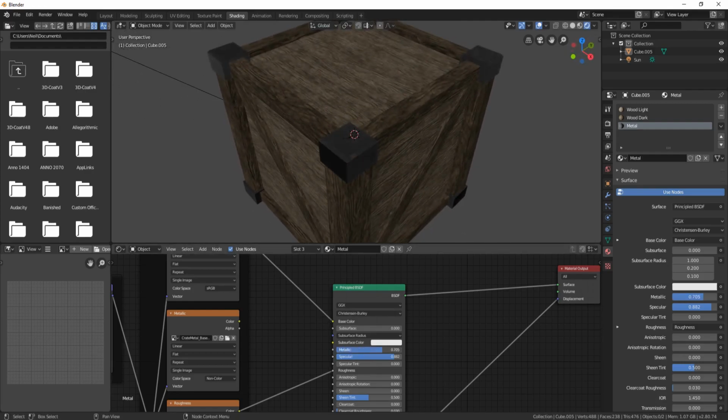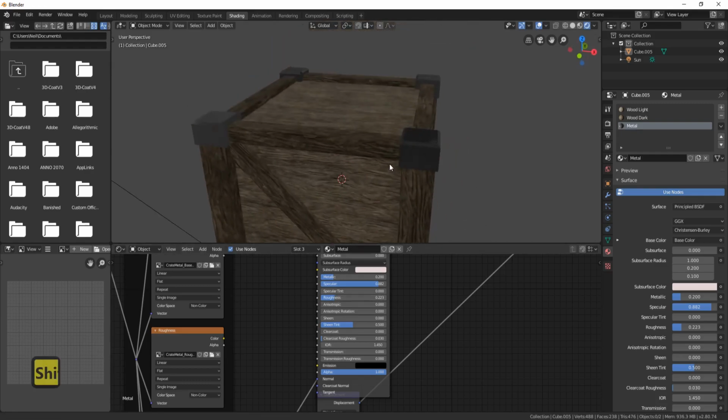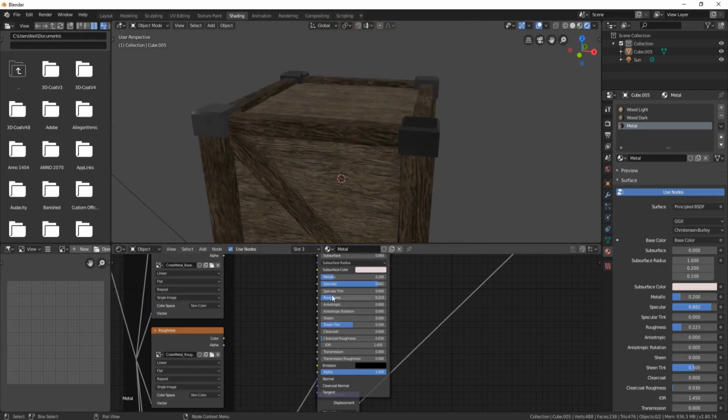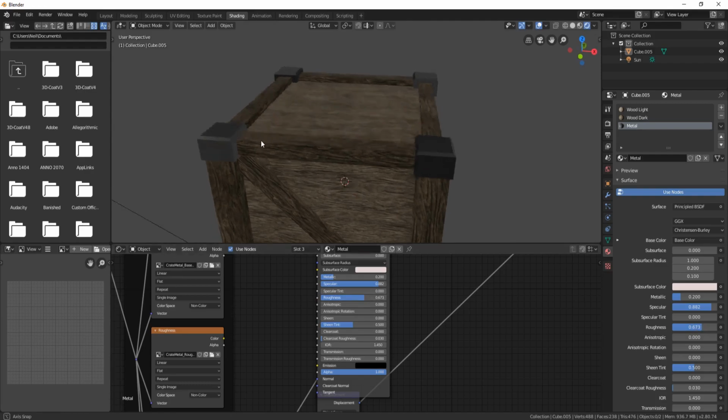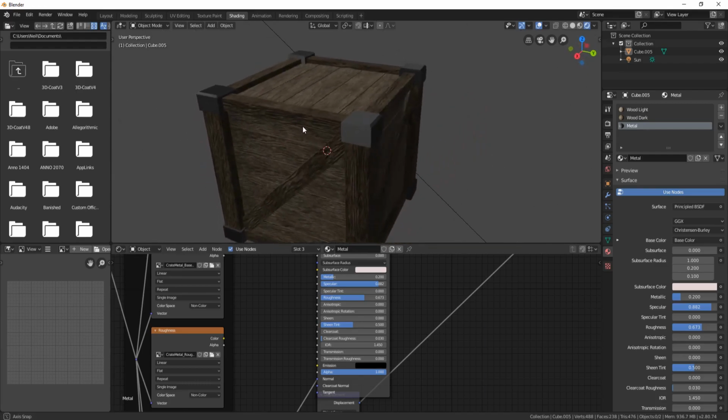Now what you can do is mess around with this and make them however you want them to be, and you can also change the subsurface colour. You can even change it to blue or something like that, and that means the shine when it comes off them will be that colour. And I'm also going to unplug this roughness, and now I'm going to turn this roughness either up or down depending on how I want it, so we can have them very shiny like that. But for me, I think on this I'm going to actually turn them the other way down and have them much more dull. So let's have a look at the light bouncing off there, and I think I'm happier with